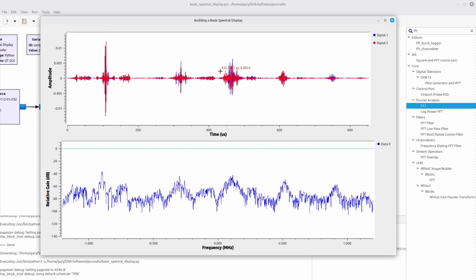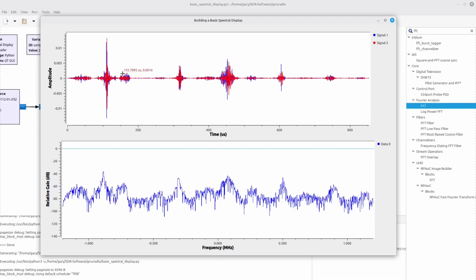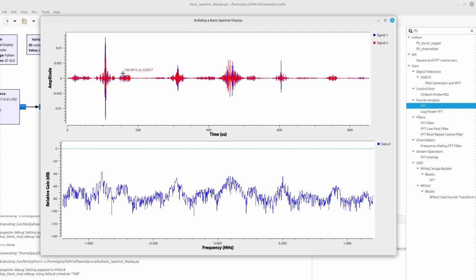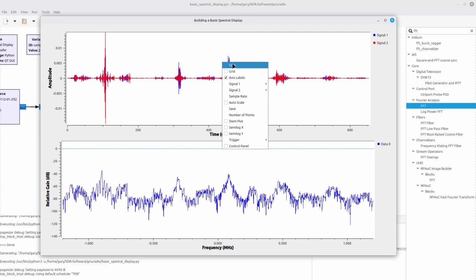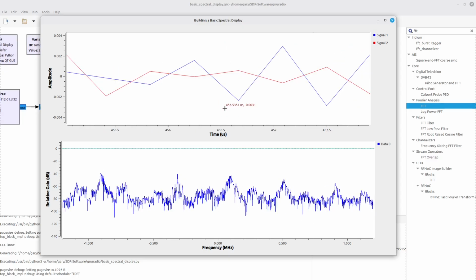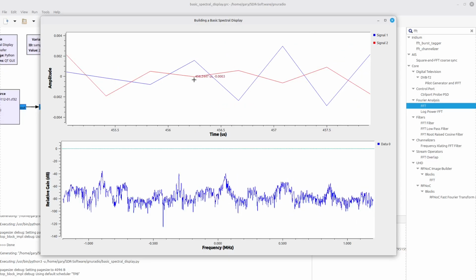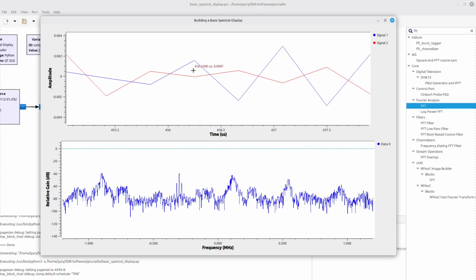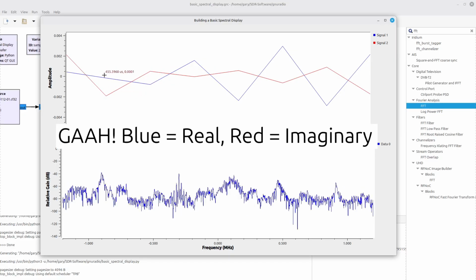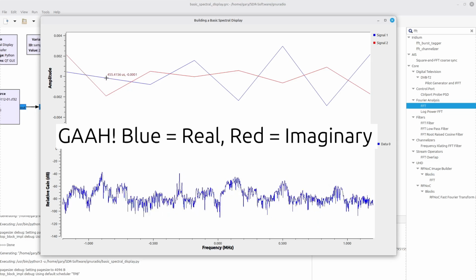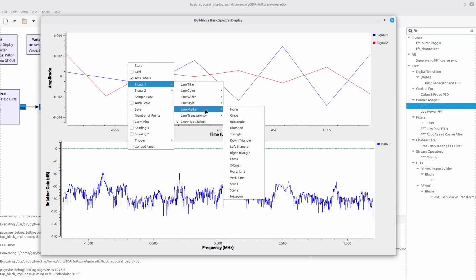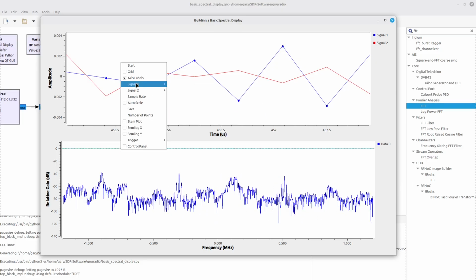But again, remember, you're looking right now at this output here. Each one of these points is represented by a real and imaginary component, meaning it's represented by one complex number. And if I pause this, I can actually zoom in on each of these points and notice that there's this point here. This is the real part. This is the imaginary part. Real, imaginary. We can make it a little bit easier to see by going ahead and adding in markers.